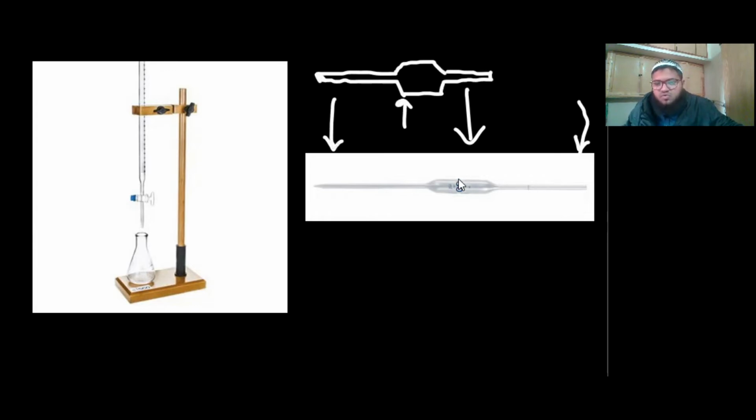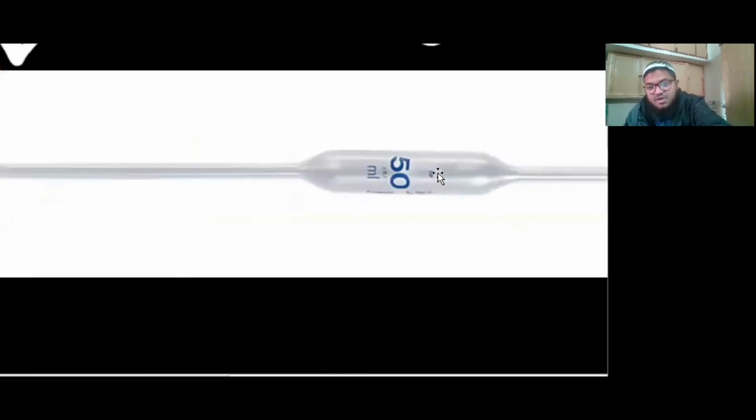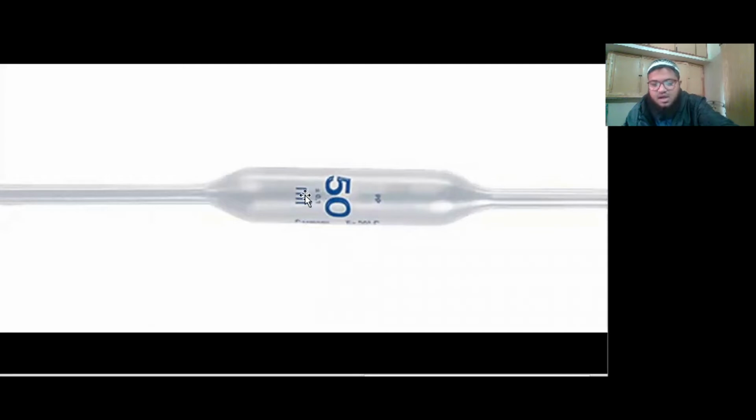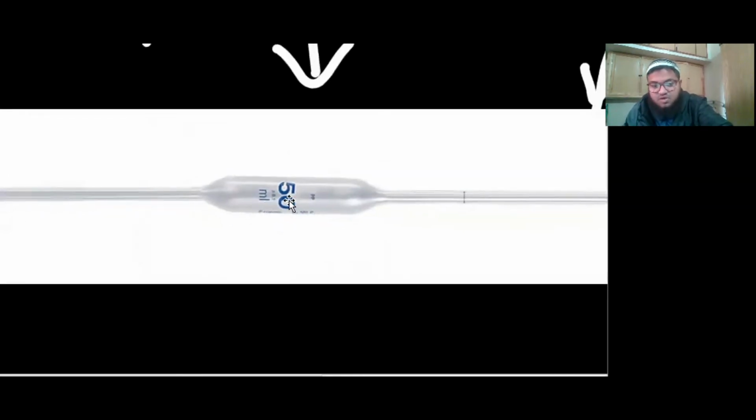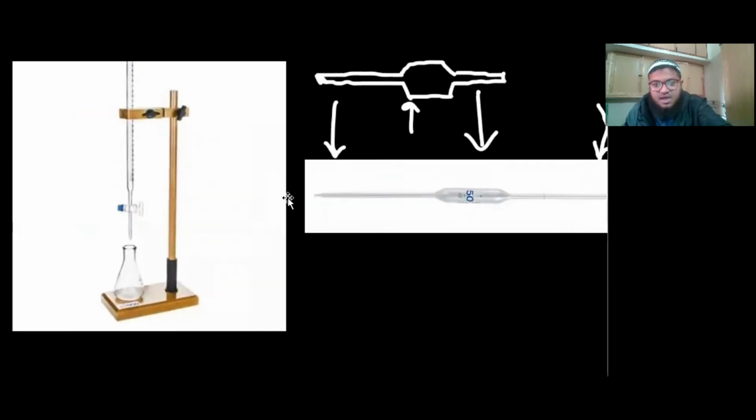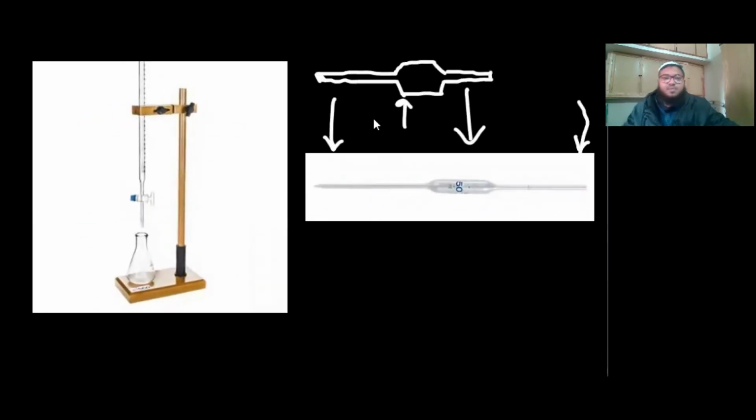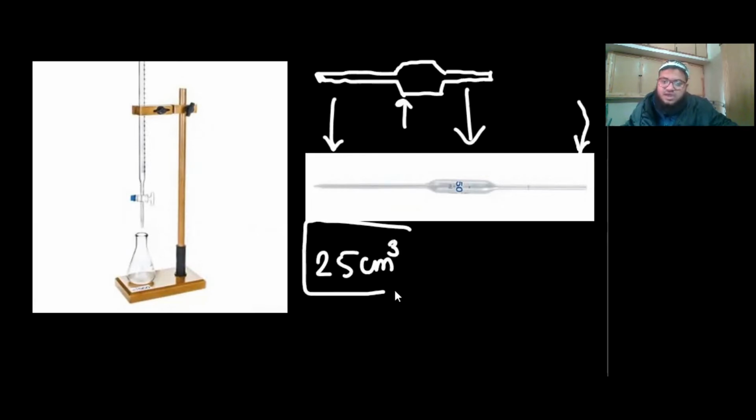And over here, you might see that it's a 50 cm cube pipette. What does that indicate? Well, 50 cm cube means it can measure up to 50 cm cube. It can only measure 50 cm cube, or 50 ml. I told you that ml is the same thing as cm cube. So this is a particular 50 cm cube pipette, but again, we don't have a 50 cm cube pipette in our syllabus. We'll be having a 25 cm cube pipette,